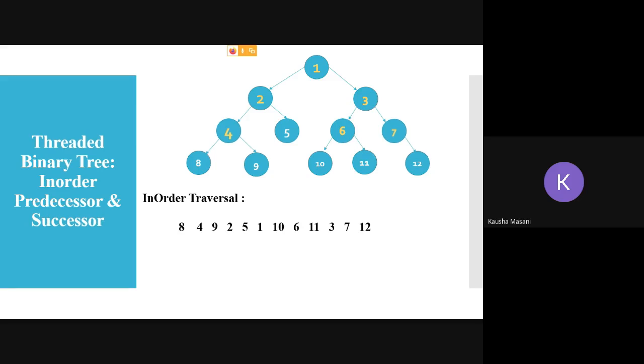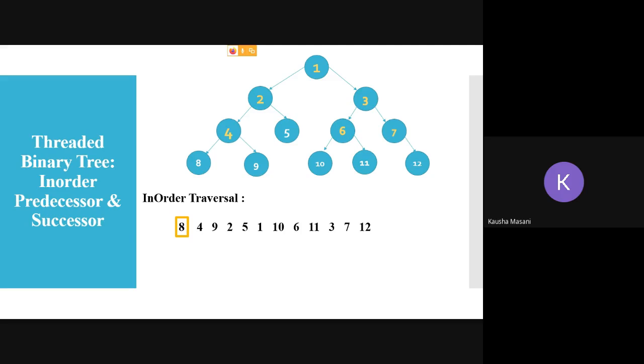Fine. So if I want to find the in order successor here, for 8, first of all, we are going to find in order successor and predecessor for whom? Just for the leaf. Because what is our aim? We have to make a thread, and threads are to be made from leaf nodes. So we will check for leaves only. So what is leaf node here? 8.